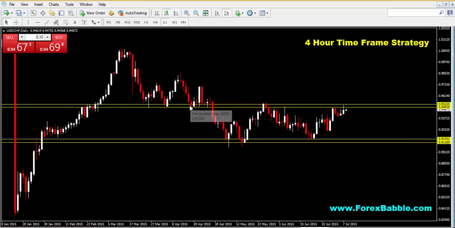I create my support and resistance zones, and I wait until price reaches that area, and I wait for a sign of it going back down or going back up. And then once it goes back up, that's when I just ride it in that direction. All right, so